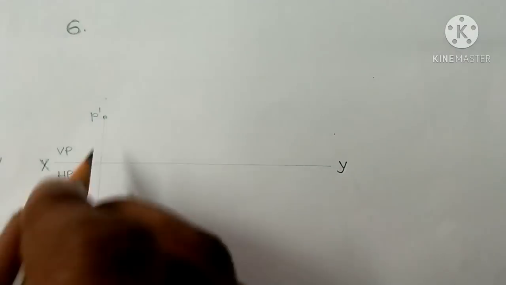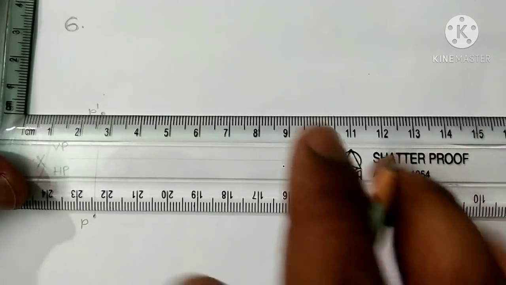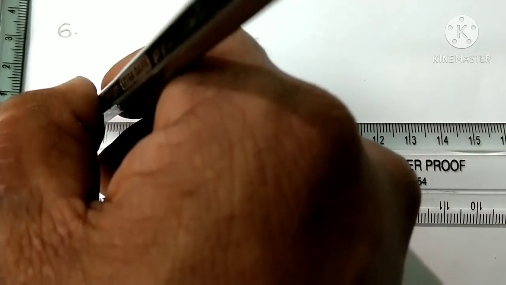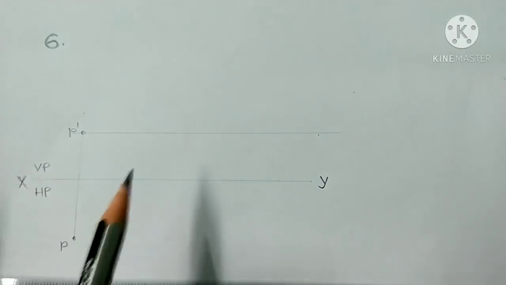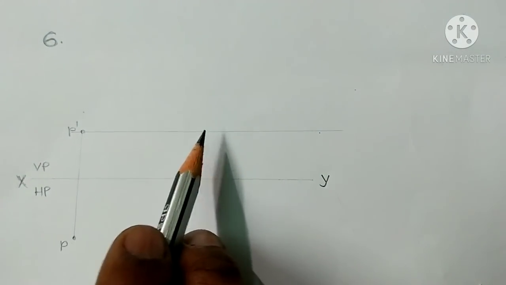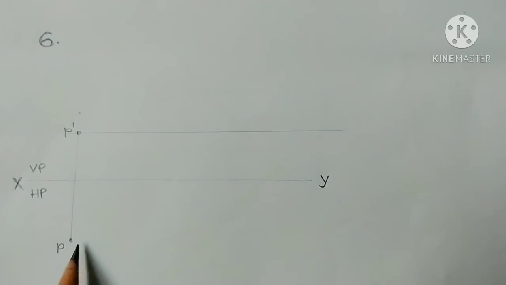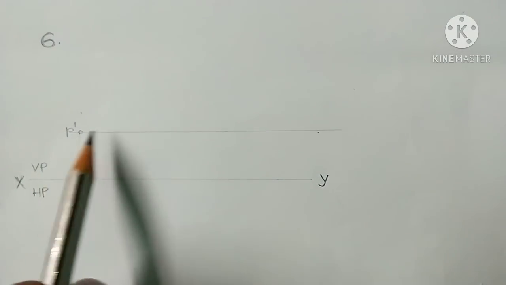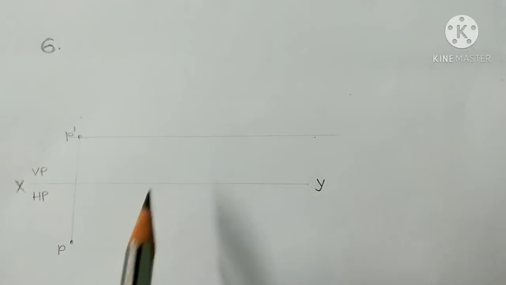So that is about P dash. Similarly this one is P, and from the point P I can construct the locus line. Let me explain what a locus line is. A locus line is simply a horizontal line which passes through a particular point. Suppose it is passing through point P, that is called the locus of P. This one is passing through the point P dash, so it is called the locus of P dash. That is over.